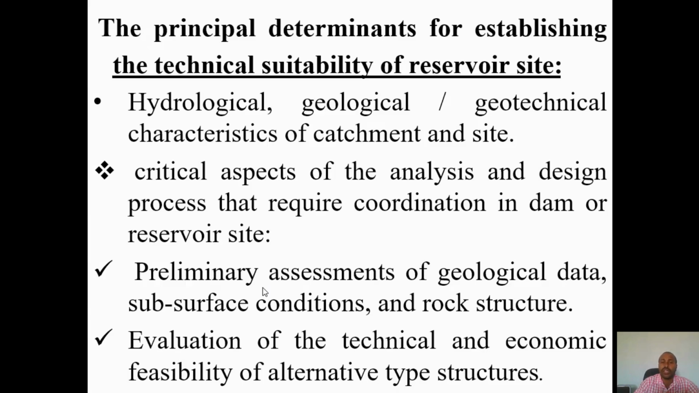Then, the critical aspects in the analysis and design process that require coordination in dam or reservoir sites. The first one is preliminary assessment of geological data. You need to have geological data, subsurface condition, and rock structure. These are the main issues, the preliminary condition. And evaluation of technical and economic feasibility of